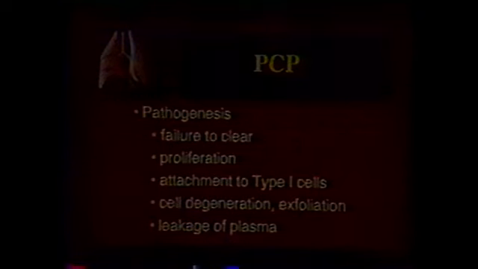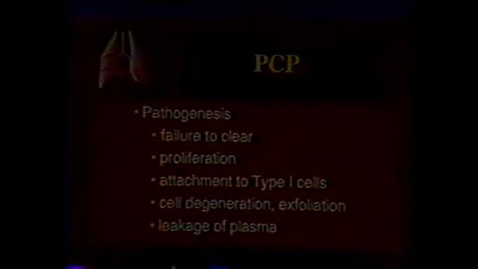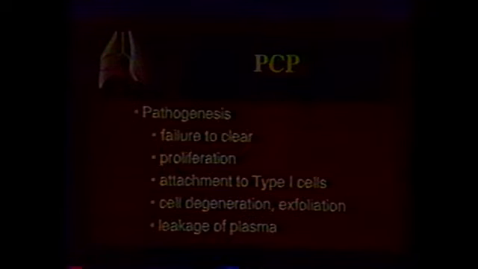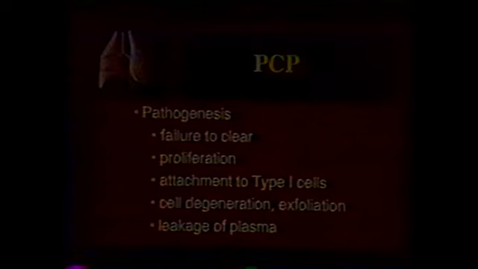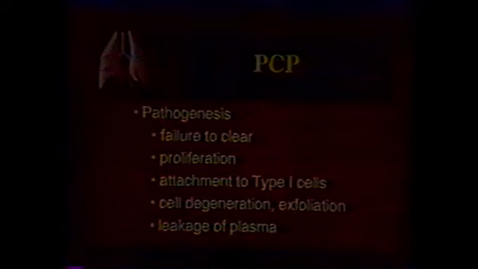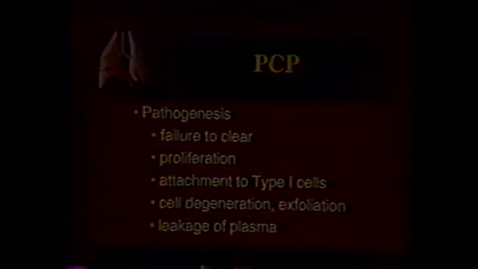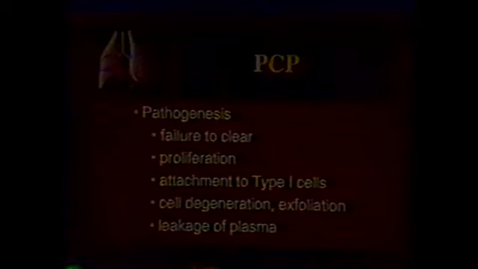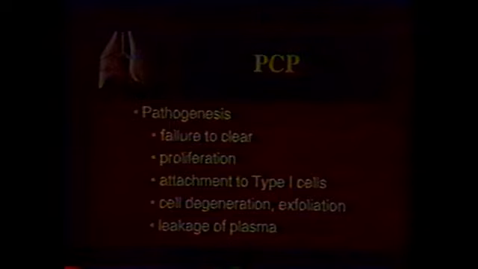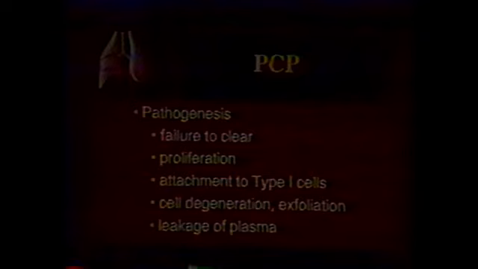It is a latent infection. Probably clinical disease occurs when there is failure to clear the infection. The organisms then proliferate. They do attach. We do know that they form an attachment to type 1 epithelial cells and cause degeneration and exfoliation. And as you may remember, the real barrier in the air-blood barrier, all right, I mean, the air-blood barrier represents capillary endothelial cell, a very thin, very dry, nascent interstitial space, and then on the other side of that barrier